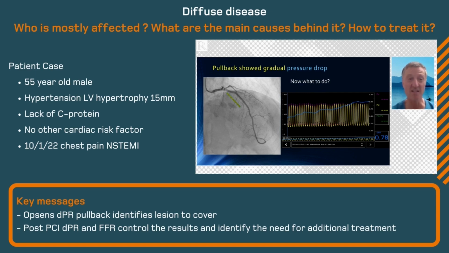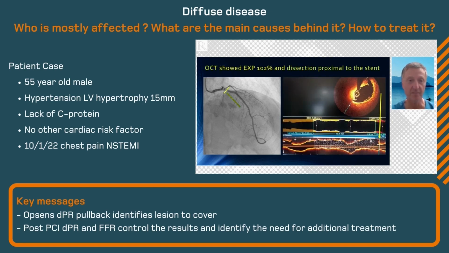Is it because the stent is not expanded, or what is the problem? I decided to do an OCT, and OCT showed me that I had a good stent expansion. The expansion was 102%, but there was a proximal edge dissection in the ostium of the LAD. So this showed me that the pressure showed me that there was something wrong, and imaging showed me where the